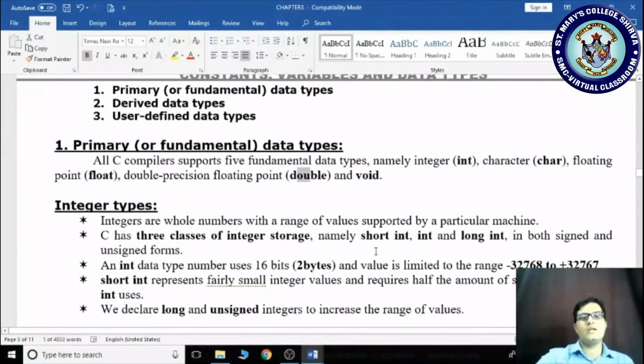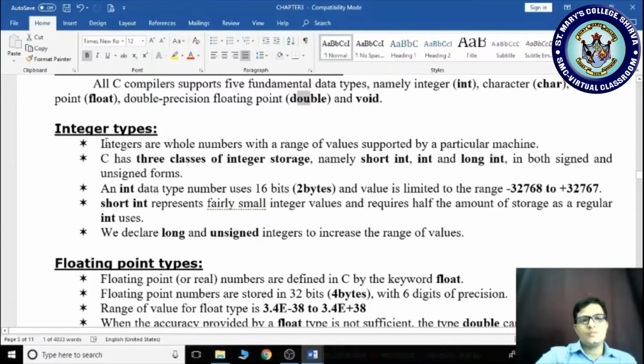Now let us see integer types. Integer types are whole numbers. Whole numbers, in the sense you know the numbering system, start with 0 through infinity, without having point values. Those integer values are whole numbers with a range of values supported by a particular machine.